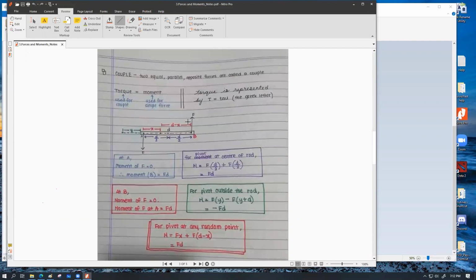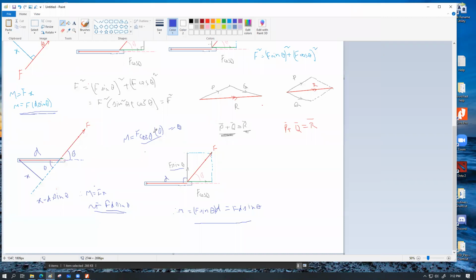Before explaining the couple, this part is important. Students actually do not copy this part, because most of this part was actually drawn from your O-levels logic, except for this figure maybe. That component division was not introduced in your O-level. Component division is actually introduced in your AS level. And this is the easier way for you to do mathematical operations, because you don't essentially have to do much